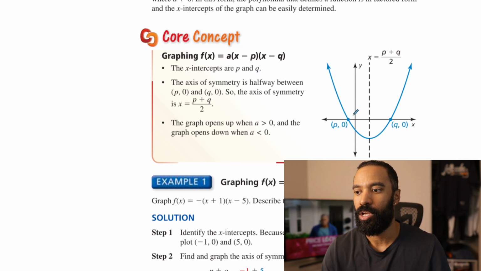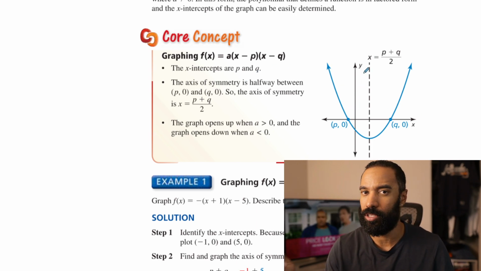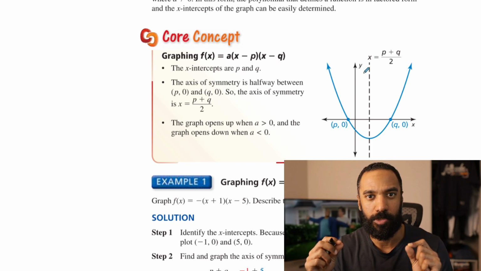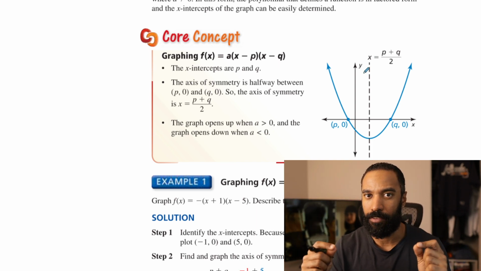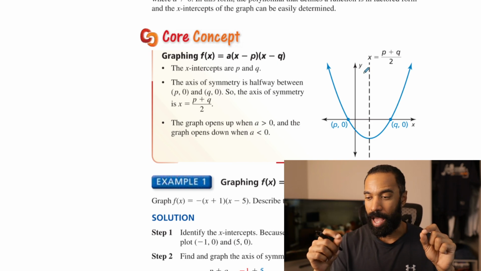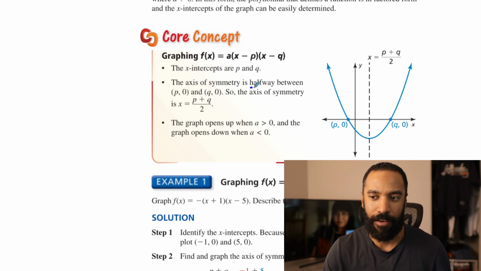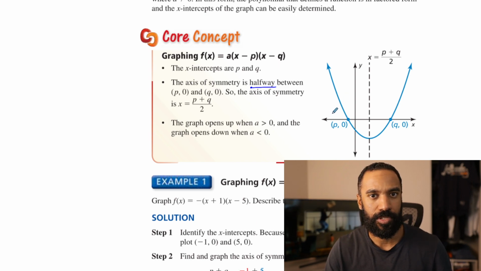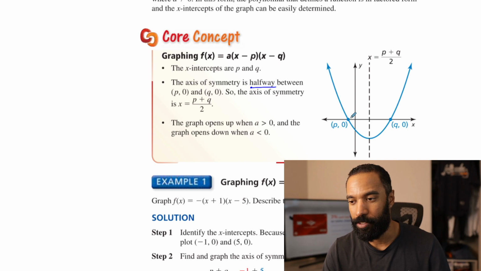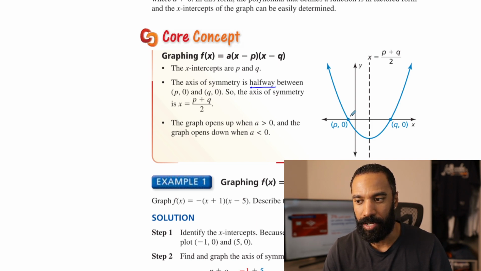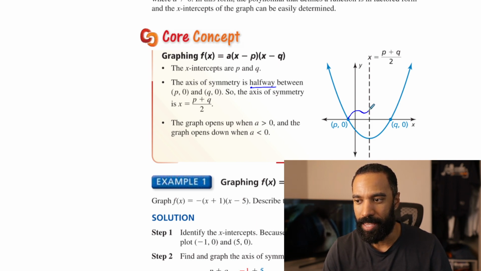But those are intercepts. What's cool about these intercepts is they're not only points on the graph, but they are corresponding points on the graph. They are the same height, which means they're the same distance away from the axis of symmetry. The axis of symmetry is exactly halfway between your two intercepts. So if it's factorable, right, they're going to give you problems that are factorable. If it's factorable, we got a couple intercepts there. If we got our intercepts, then we find that halfway distance between these two things so we can get the